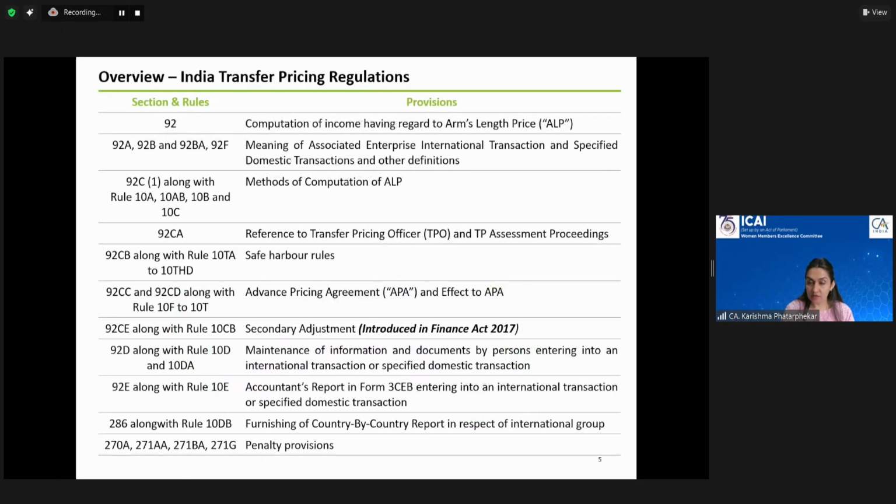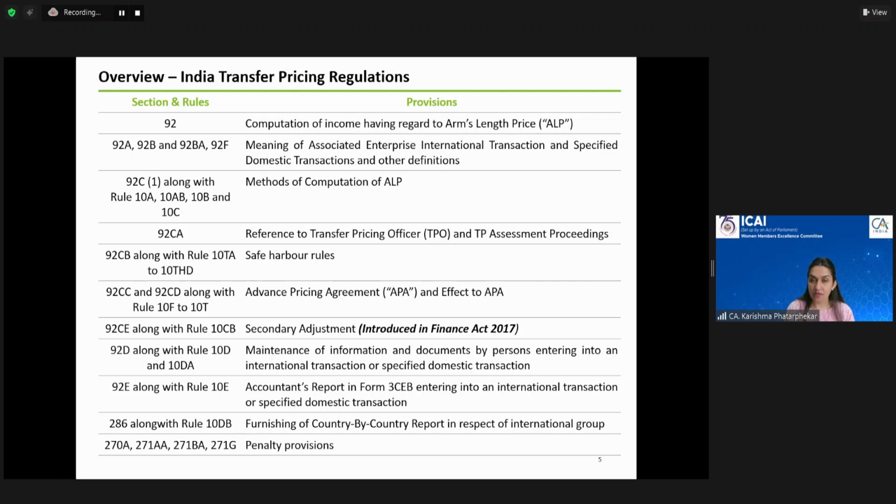Now, in India, this transfer pricing law is introduced under the Income Tax Act, 1961. There are various sections which codify these transfer pricing provisions, which I don't want to get into a technical discussion on today, because I'll try and keep my discussion more generic for you all to be aware of how this law has evolved and what are the opportunities that arise out of this law. The basic section under which this entire code of transfer pricing sits is section 92. And